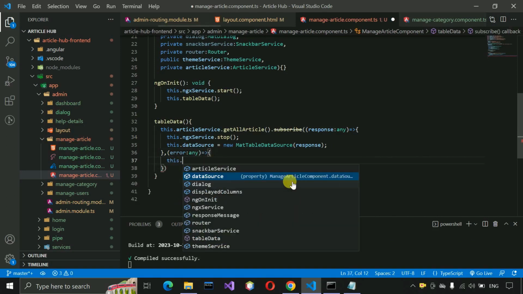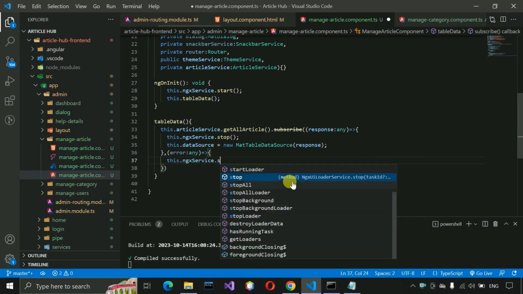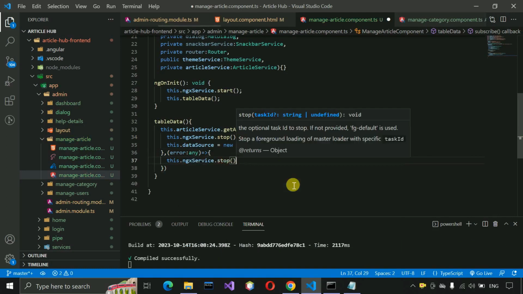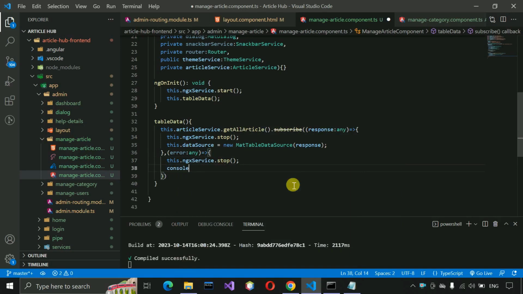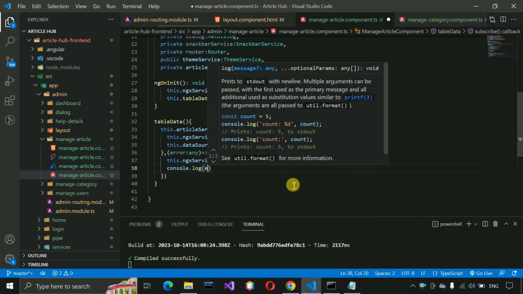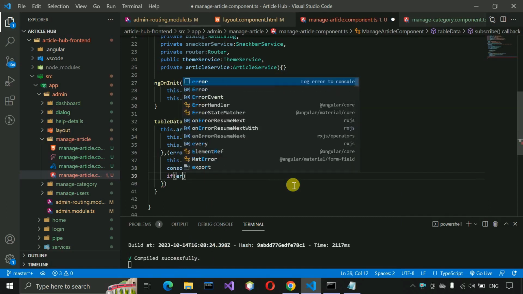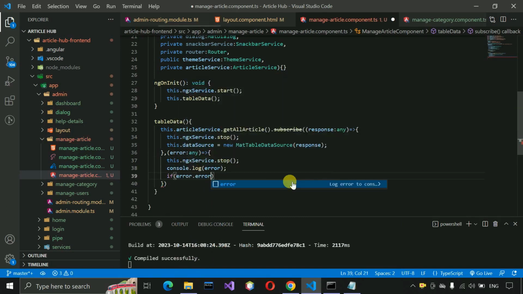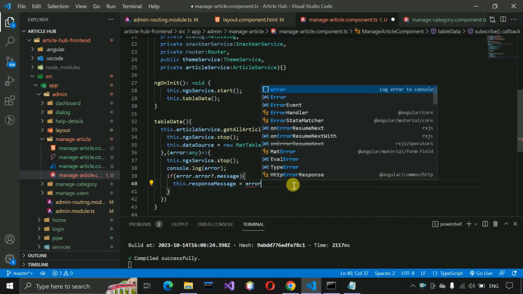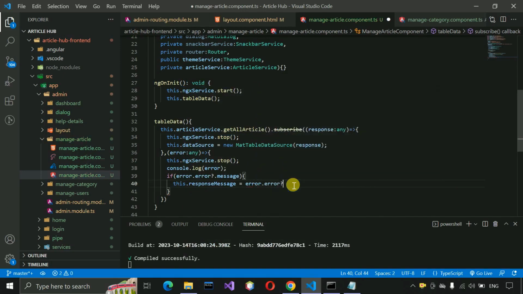After that we need to stop the loader, so just stop it, and after that console.log whatever error there is, just print it in the console. If error?.message, then this.responseMessage is equal to error?.message,